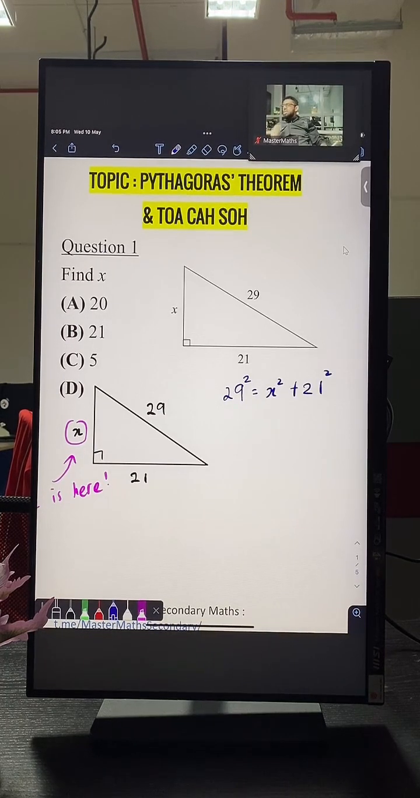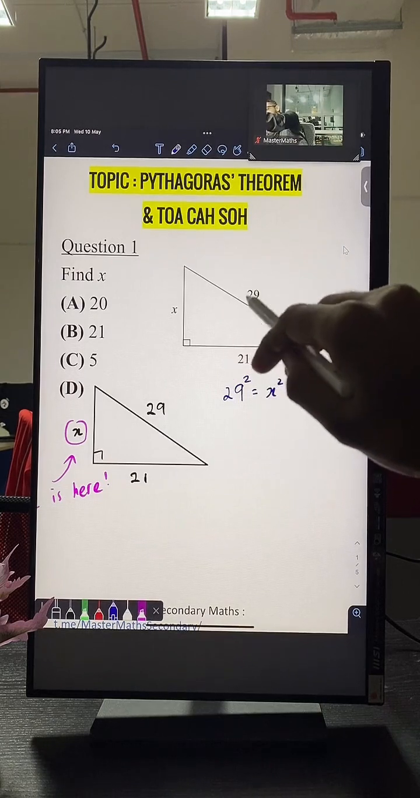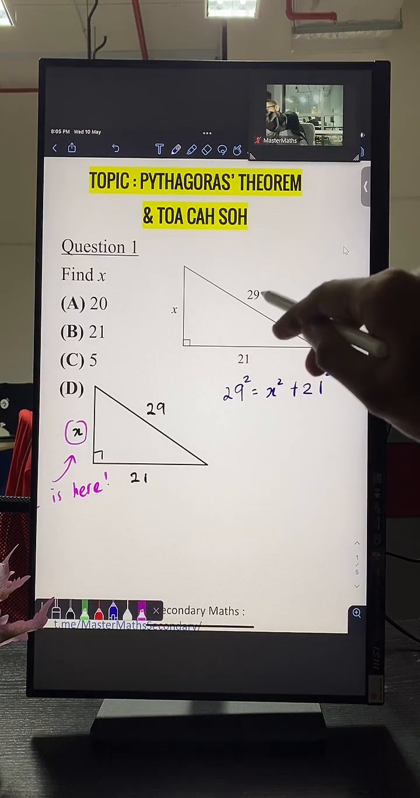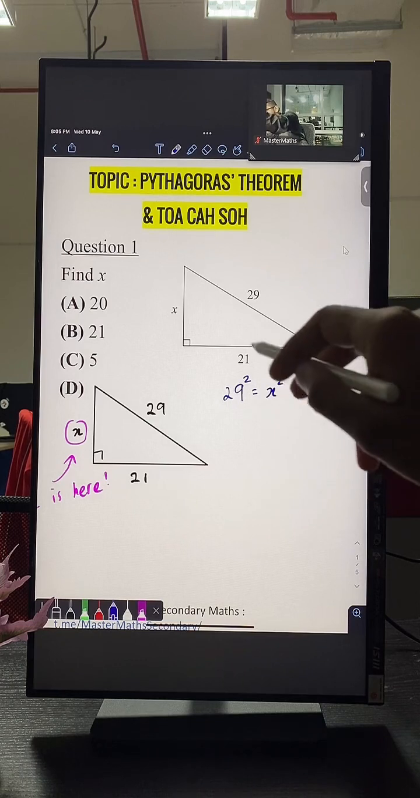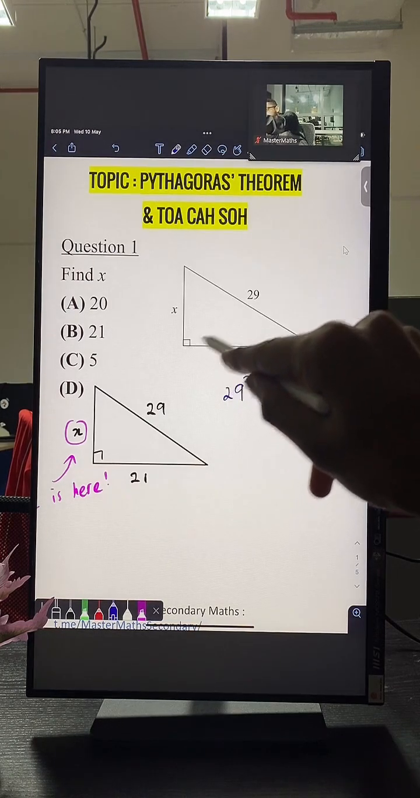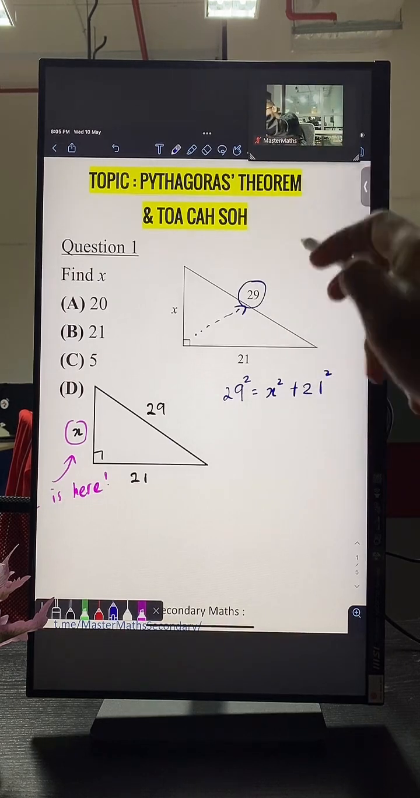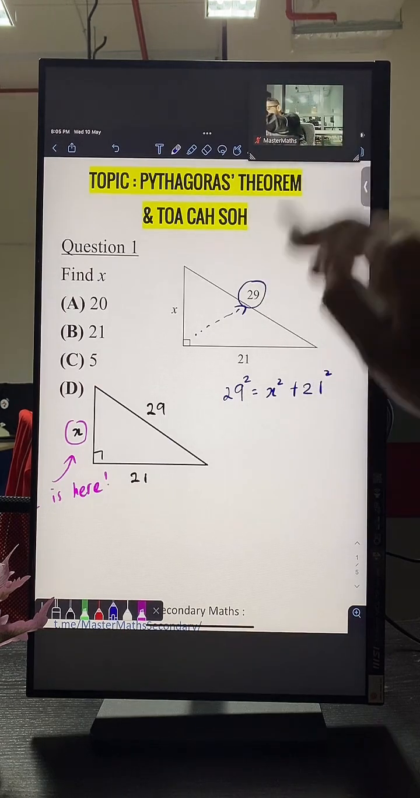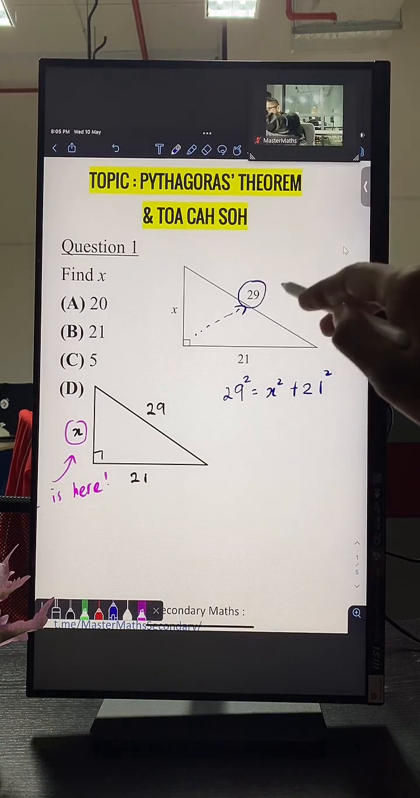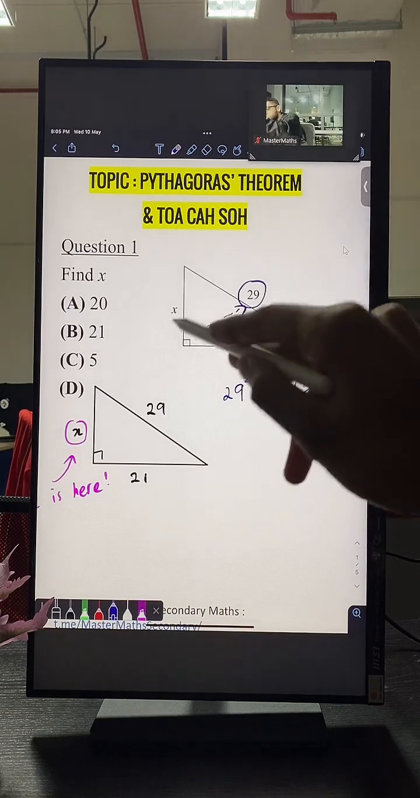The best way to start Pythagoras is always to start with the hypotenuse. So we start with the hypotenuse over here, and we square that. We square 29. What is the hypotenuse, guys? The hypotenuse is the one opposite the right angle. It is the longest length. So you take the hypotenuse, you square it, and that will be equal to x square